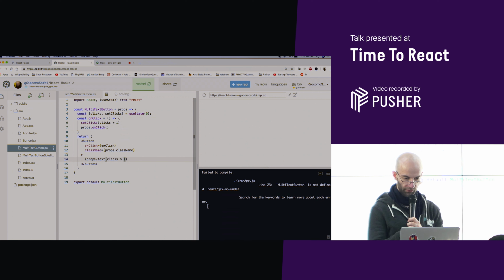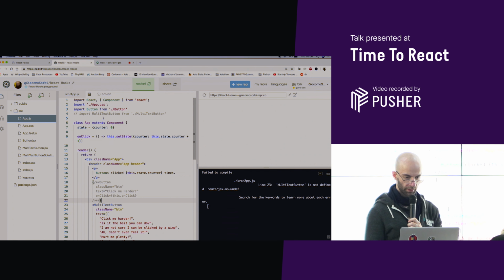Because we want to cycle, we want to use the modulus. So we are going to use props.text.length, which is spelled this way. Okay, so let's see what happens when I comment this one and then comment this other one.